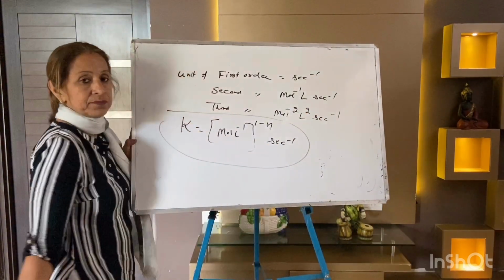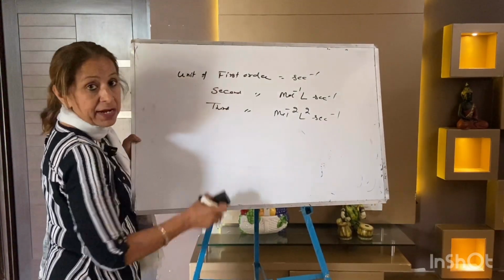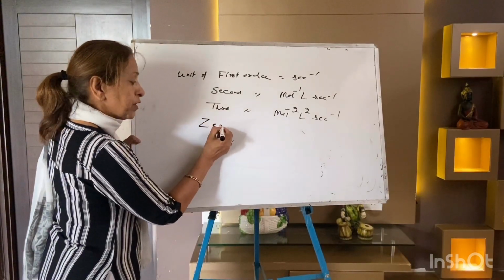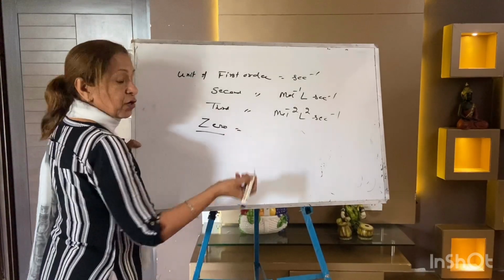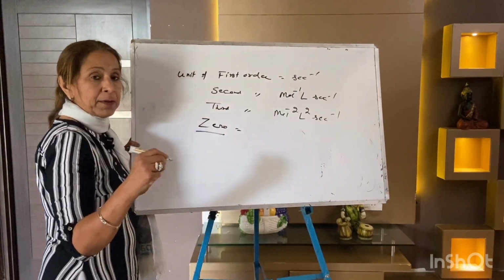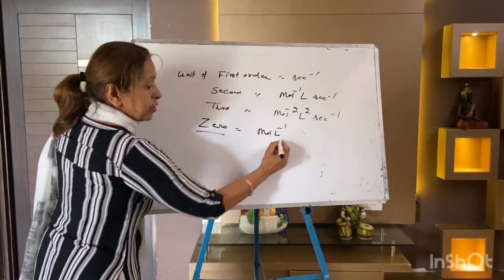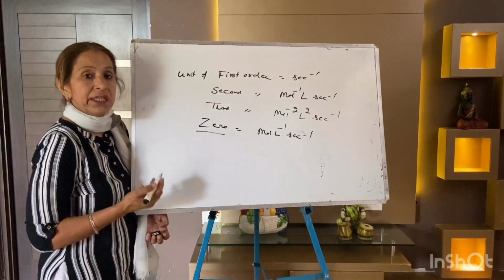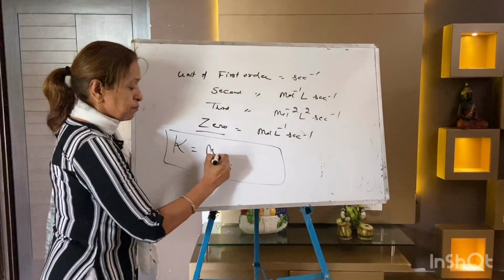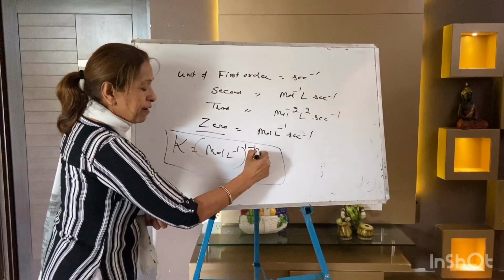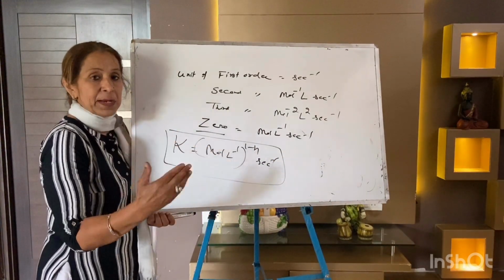per second. Now students, order can be 0 also, but molecularity can never be 0. Write down 0 order. What is the unit of the rate constant of the 0 order? Your same formula, it's mole per liter power 1 minus N, N is 0. Your answer is mole per liter per second. In this way, you can utilize this very, very important formula, K is mole per liter power 1 minus N per second. You can calculate the units of any type of order.